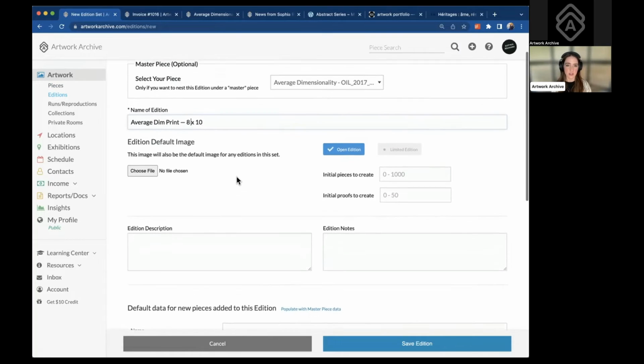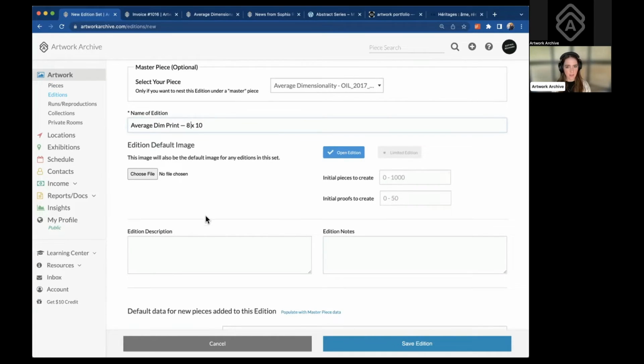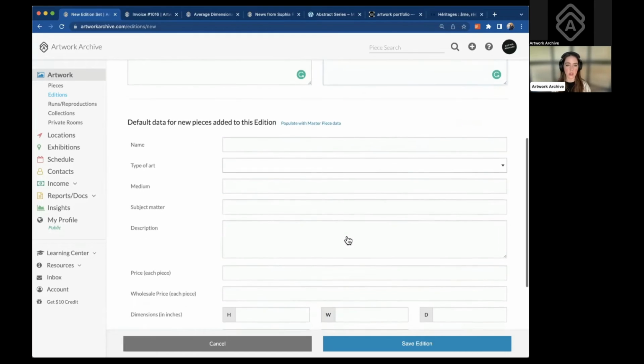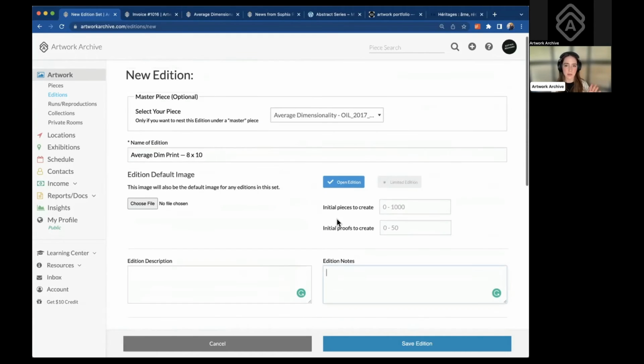You can include any descriptions or notes and then fill in the data that will automatically be added to any new pieces made in the edition set. So that's where it's limited, open, proofs, artist proof. So for open editions, you can add and subtract editions to this set as you please, and the editions will